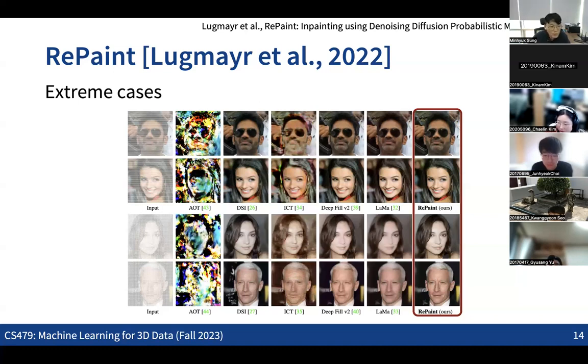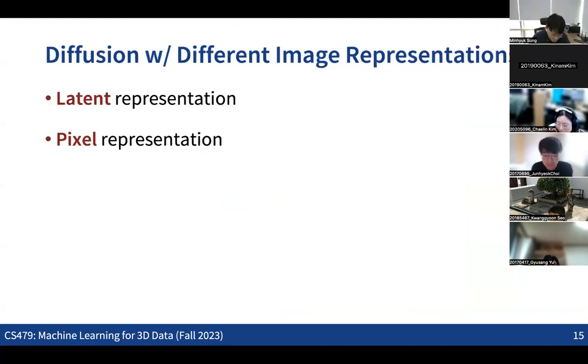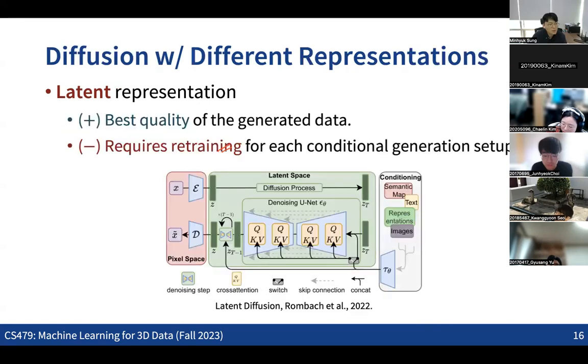But here, what we can see is that these are all cases where we are using pixel representations of the images. What we could see in the LDM, the latent diffusion model, is that it is really effective at getting high quality outputs. Right? So there are pros and cons in terms of whether we use the latent representation or the pixel representation for image generation. If we use the latent representation, obviously we can get better quality output images, because we can do some dimension reduction.